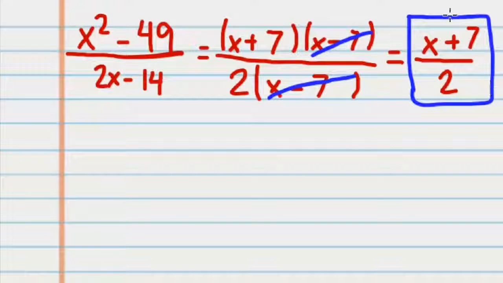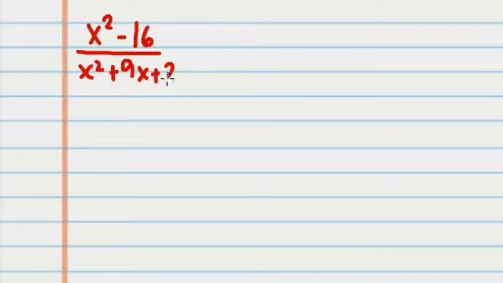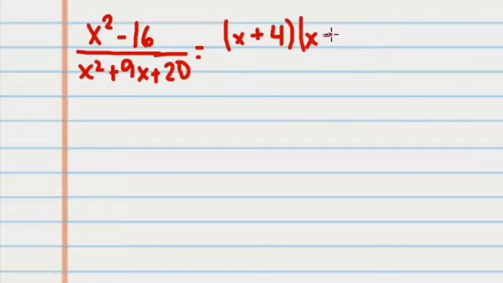Here's another example. x squared minus 16 divided by x squared plus 9x plus 20. What do you think we need to do in this problem? Your goal is to factor as completely as possible and cancel. We already know how to factor x squared minus 16 using the difference of squares technique. It's going to be x plus 4 and x minus 4. You just got to take the square root of x squared, which is x, and the square root of 16,